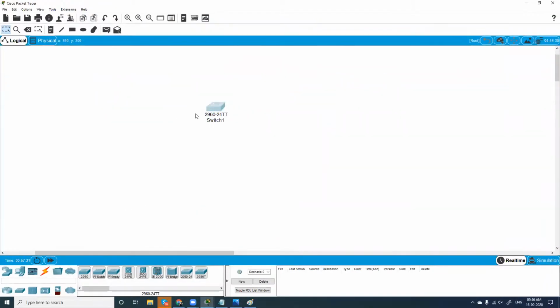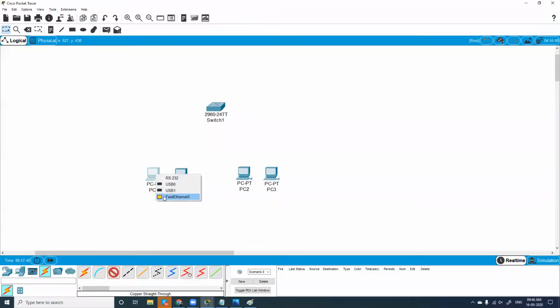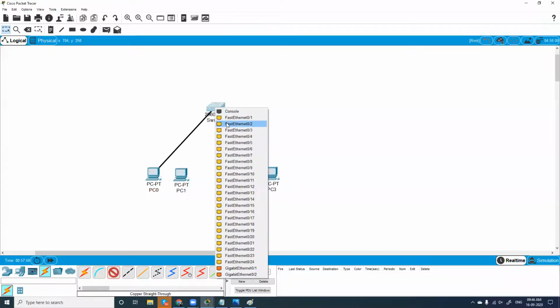Great. So we take a switch, and we'll take 1, 2, 3, 4. So we have 4 computers now here. Let me connect this with Fast Ethernet to 0/2. The interface is 0/2.